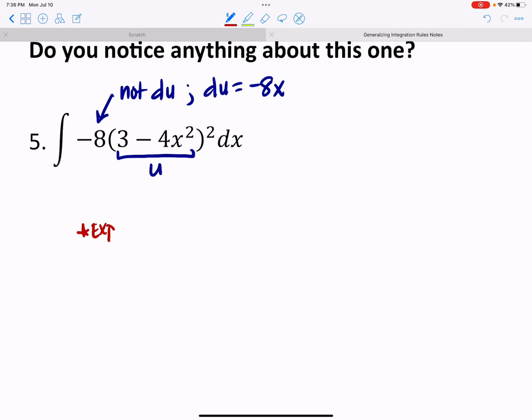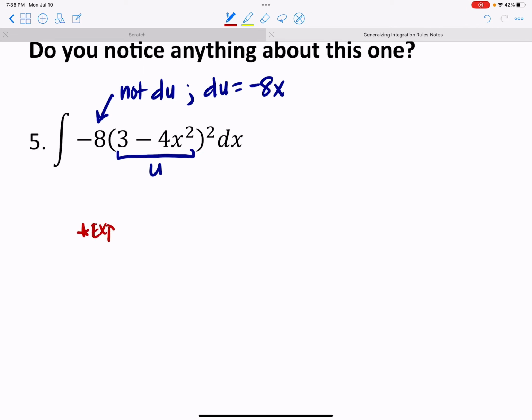And I know how to multiply, so if I find this product, I'm looking at 9, and then a negative 12x squared and a negative 12x squared, so a negative 24x squared, and that's going to give me a positive 16x to the fourth. Now I just need to distribute the 8. So I have negative 72 plus 2 carry the rest, 192x to the second power, minus 8 times 16 is going to be 128